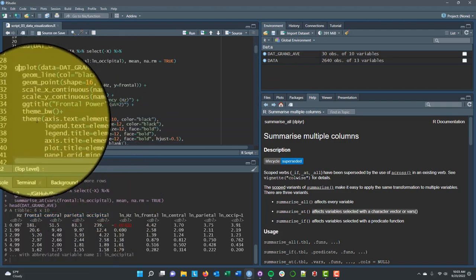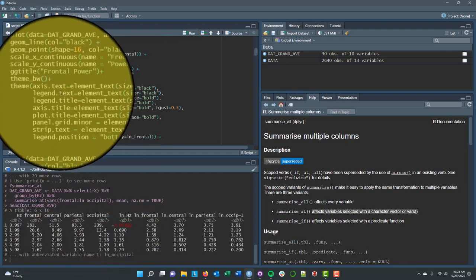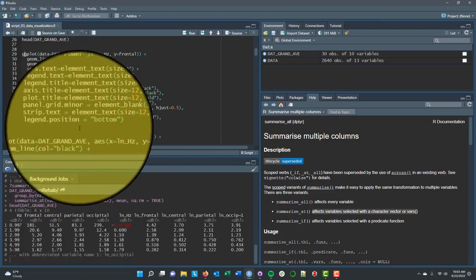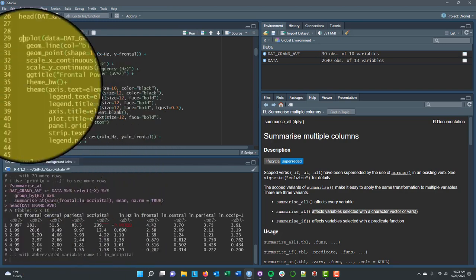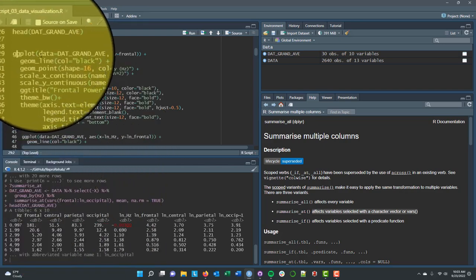So now, to get a little bit better handle on what these data actually look like, we can plot these grand average power spectrum data. So I'm going to walk through the ggplot code that we have here in order to do that. And I'm going to talk you through the different elements of this ggplot code a lot in this first example. And then in subsequent examples, we're going to try to just add a few things here or there. And I'll talk about some of the new stuff in ggplot, but we're really going to focus on kind of